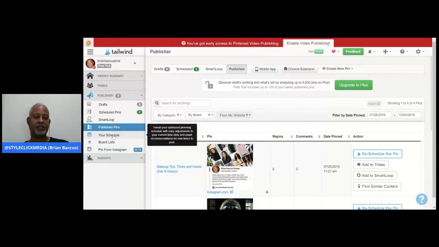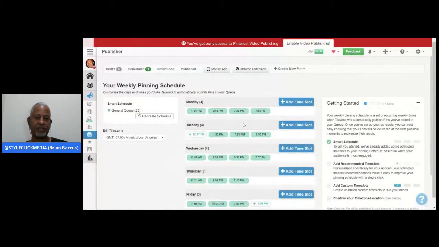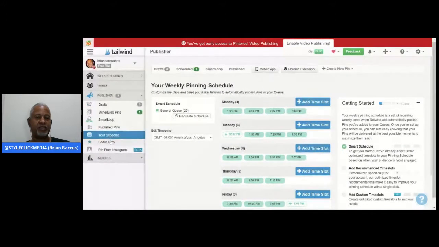So this tab tells you the schedule that has been set up. Now you can go back and look at your insights and see if you need to change this. But I usually stick with what they say, with the exception of this one right here, because I would never post something back-to-back minutes. That's kind of weird. So I wouldn't do that. That kind of destroys the engagement for the previous minute post because you posted another one that's going to now take its place on your list.